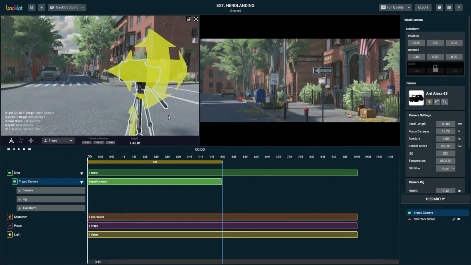Hello there, welcome back. In this Backlot tutorial, I'm going to show you how to create a superhero landing. We're going to be using the New York Street set. I like this set because it's really detailed and right out of the box gives you some really cool angles